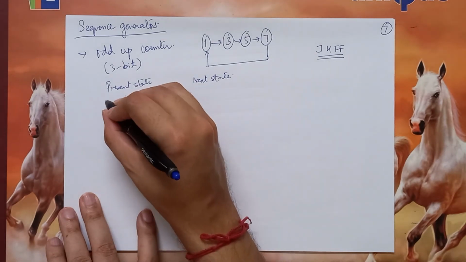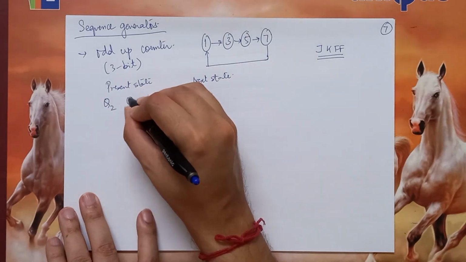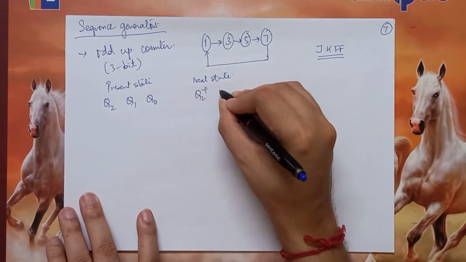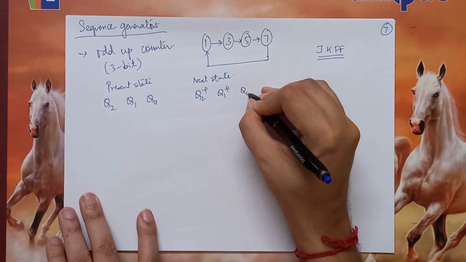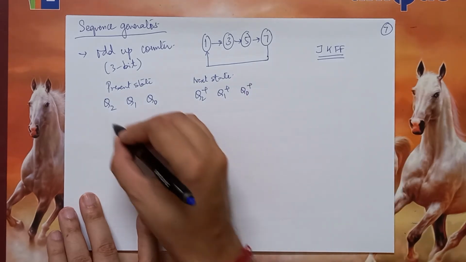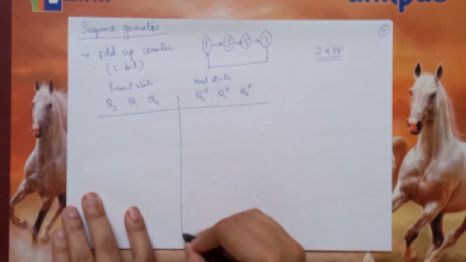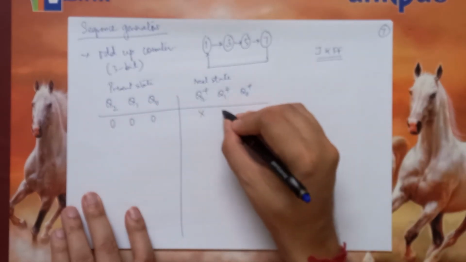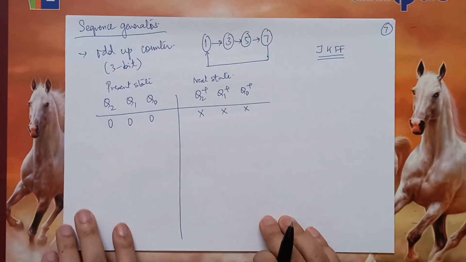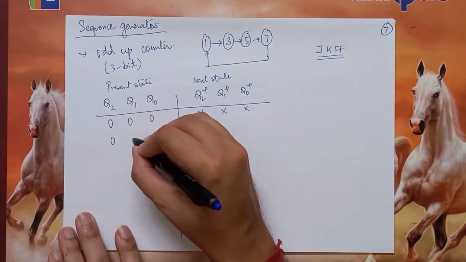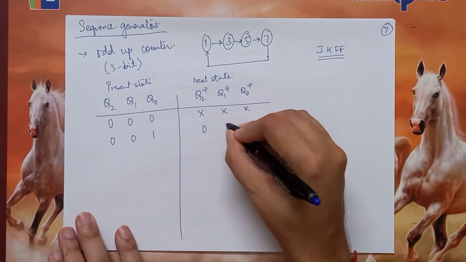So I will say Q2, Q1 and Q0. Next state is Q2 plus, Q1 plus and Q0 plus. If the present state is 0, let's keep the next state as don't care because it's not a part of the counting chain. When it is 0, 0, 1, the next state has to be 0, 1, 1, that is